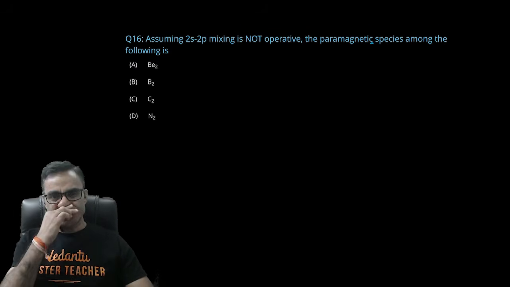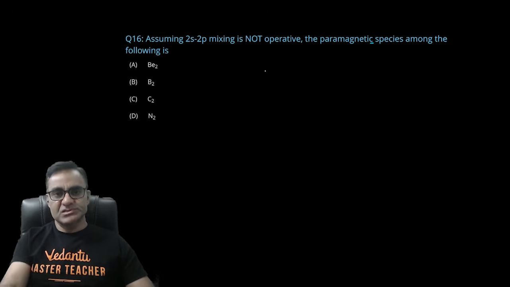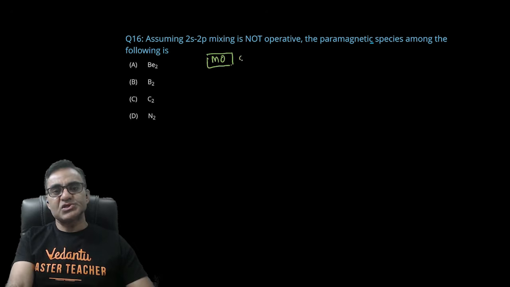Assuming 2s2p mixing is not operative, the paramagnetic species among the following is। 2s2p mixing अगर ऑपरेटिव नहीं हो तो आपका जो एमओ डायग्राम होता है, मॉलिक्यूलर ऑर्बिटल सीक्वेंस जो होती है, वो ऑक्सीजन वाली सीक्वेंस आती है अगर 2s and 2p मिक्सिंग नहीं हो। और ऑक्सीजन वाली सीक्वेंस जब आप करेंगे तो कुछ इस तरह से आएगा। देखो ये